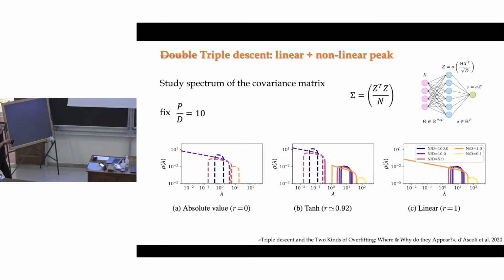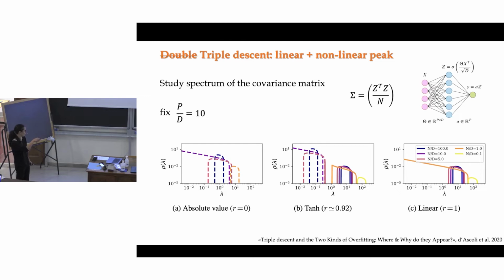So for instance, if I have a linear activation function, of course, I only have the linear contribution to the spectrum of the covariance. Z is linear, let's say. And so I will only have the spectrum of the linear part, whatever. I hope you got me. So we see that this is exactly the behavior we were expecting from the linear model slide. And we see that for n equal d,